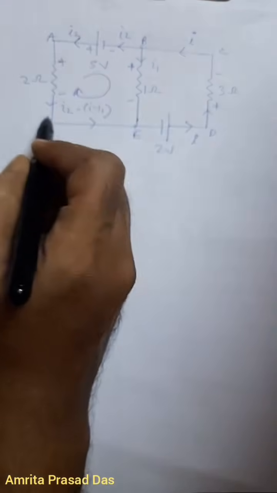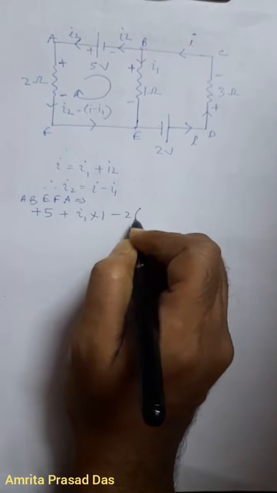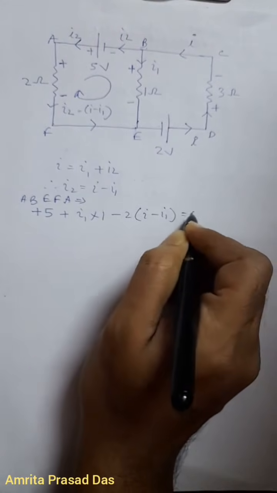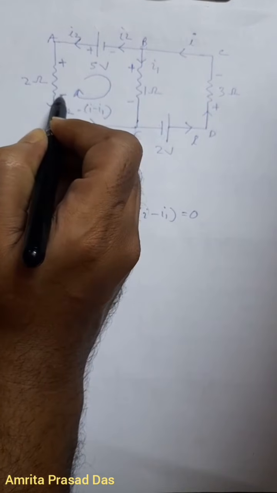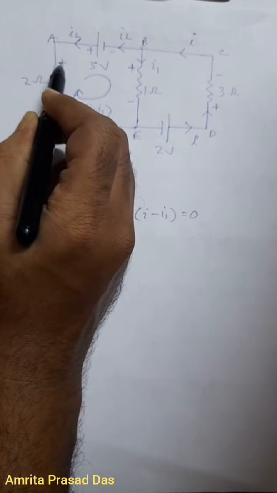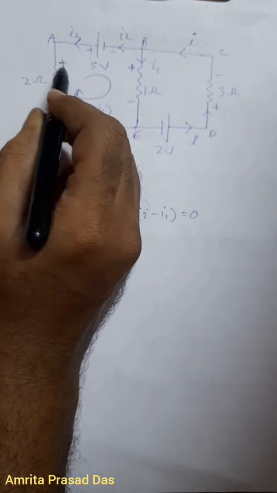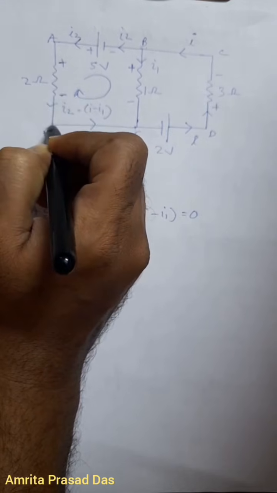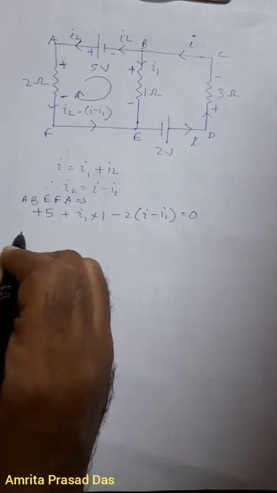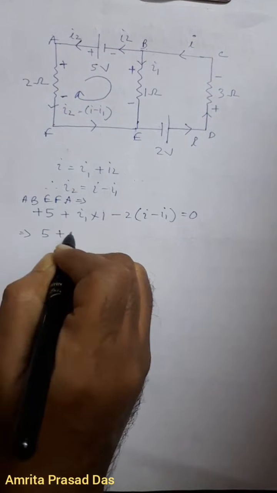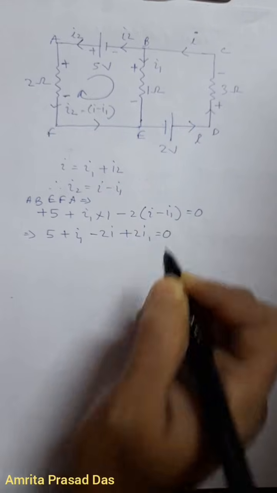Then we are moving from F to A. F is at low potential, A is at high potential, therefore minus 2 into (I minus I1), this is equal to 0. Why minus 2? Because we are entering at the negative end and going out through the positive end, so we get negative potential difference, as F is at low potential and A is at high potential in this diagram. So 5 plus I1 minus 2I plus 2I1 is equal to 0,